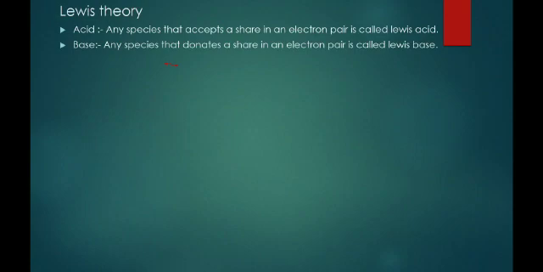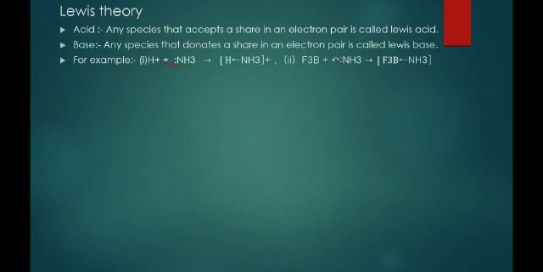So an electron pair donor is a base and an electron pair acceptor is an acid. It means any species which accepts a pair of electrons is called what? Acid, and a species that donates a pair of electrons is called what? Base. For example,